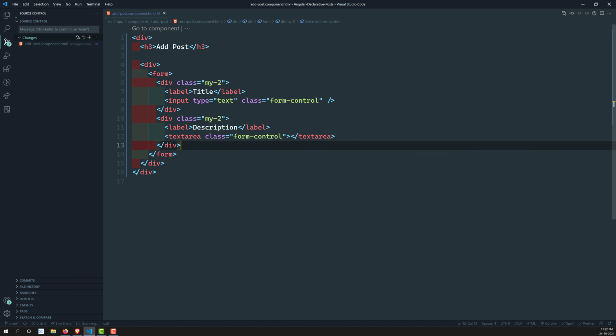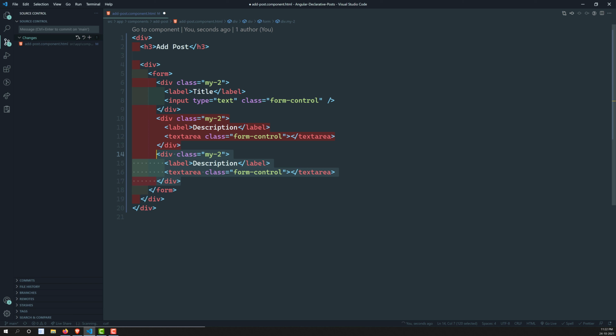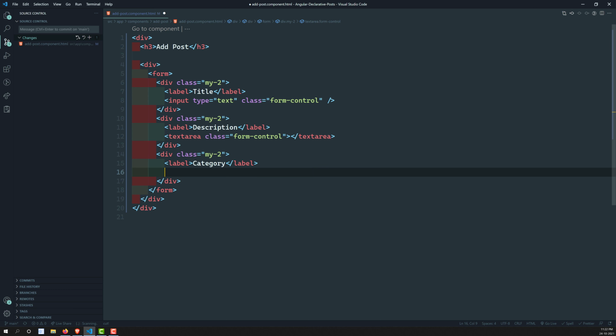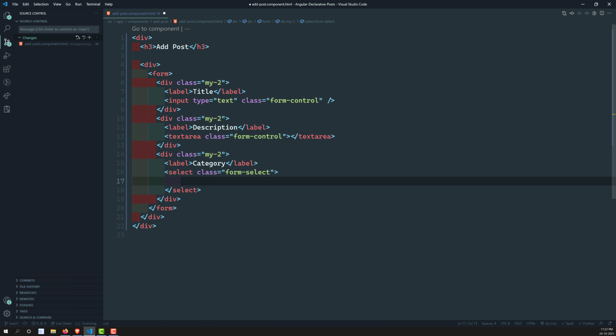So title, description, and another one we will be having is the category. So let's add that category down. Label, it should be of type category, and this category is a drop down, asking the user to select the category from the list. So let's create class is equal to form-select. For this one we should not write form-control, it is form-select in Bootstrap 5. This is Bootstrap 5 we are using, right? Option value is equal to, and here I will write something like select category. Let's leave it like this.